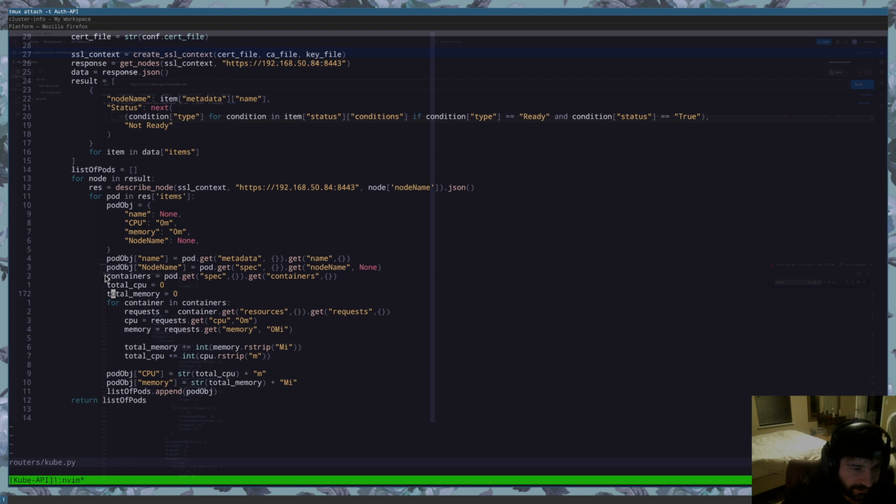But let's keep going. Let's keep trucking. We just create this containers variable to make it a little bit easier for us to loop. We set a total CPU and a total memory to 0, and this is just to keep a counter of that specific pod's memory and CPU usage. We loop through all the containers,